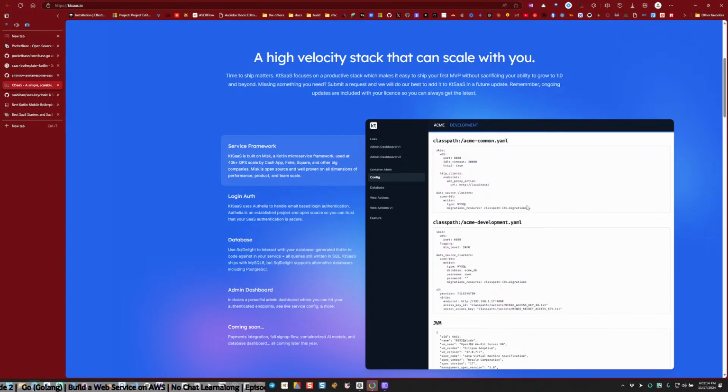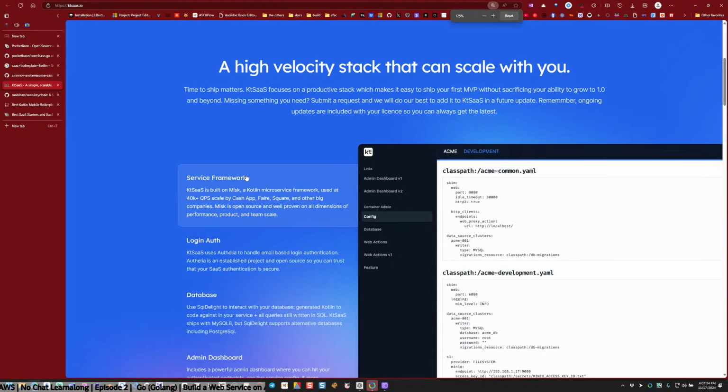What is this? KT SaaS is built on MISC, a Kotlin microservice framework used at 40K plus QPS scale by Cash App. What? Other big companies.